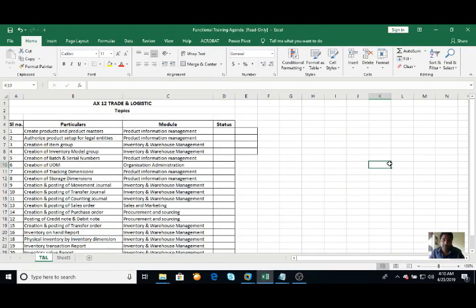In our class today, we'll talk about trade and logistics. So this will be the agenda for today's call, and we'll start by looking into how to create a product and how to create product masters, and how to authorize that product setup to the legal entity. A legal entity means a specific unique company. Both these topics will be under the product information management module,